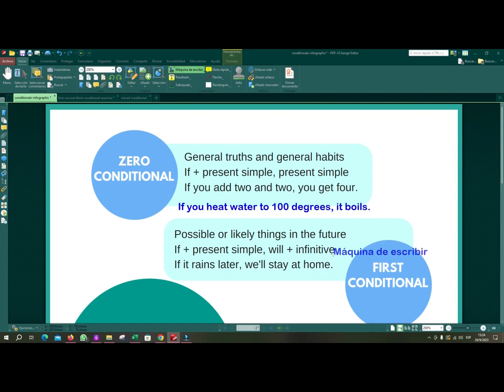And also the infinitive form there, right? So also we can have the negative form here. If we don't work harder, maybe we won't pass the exam, or if we don't study harder, we won't pass the exam. That would be another example there. Okay, so